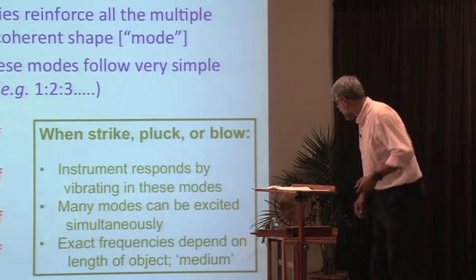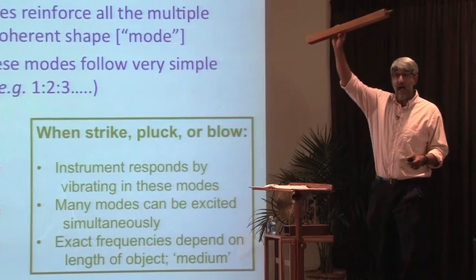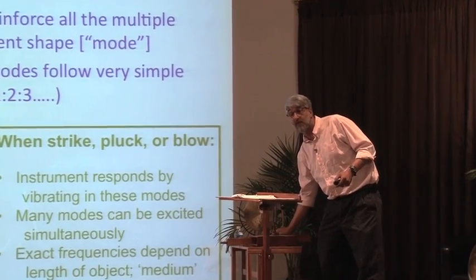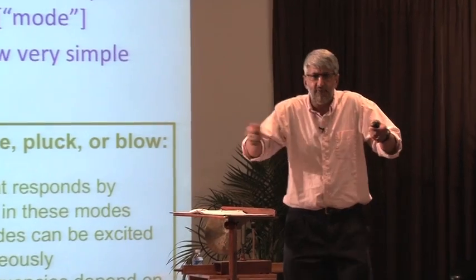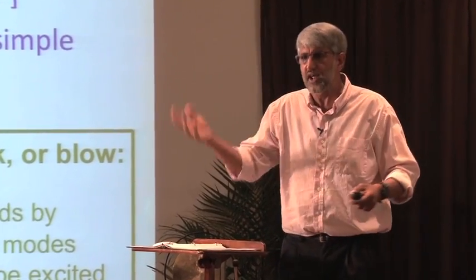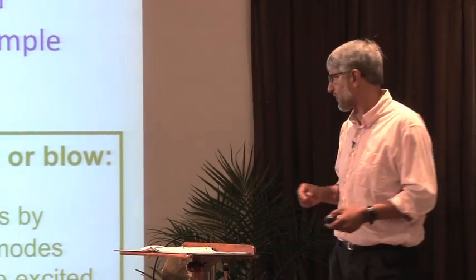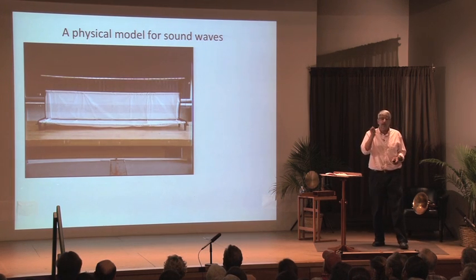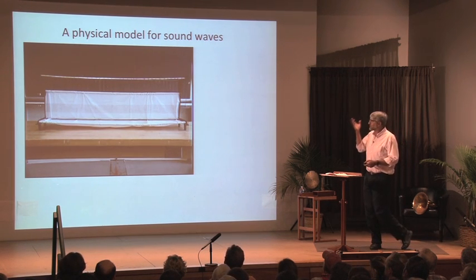What the frequency is depends on various physical properties. How big is it? Or how short is it? Is it made up of a tube of air? Or is it made up of a string? If it's a string, what's the tension in the string? Those kind of physical things are what determine the exact frequency. Okay? So now let's move on to a better model for what's actually happening for sound waves.